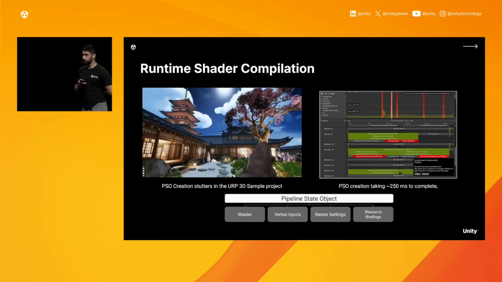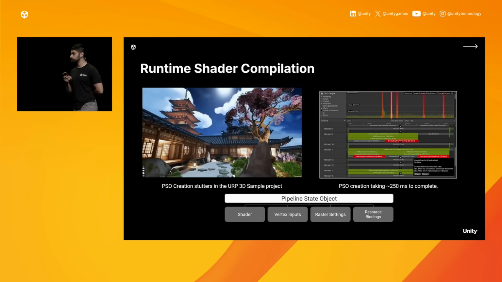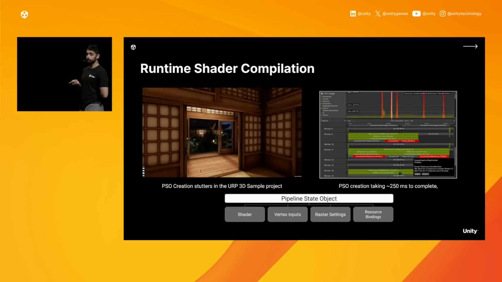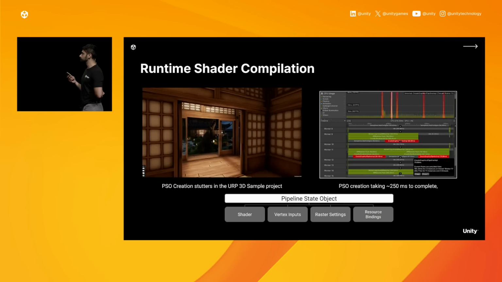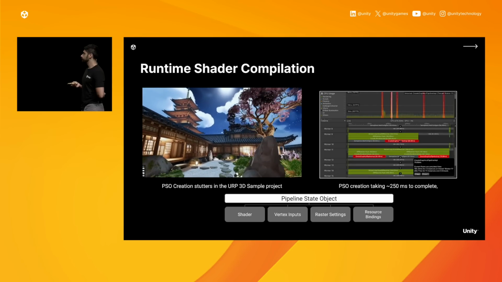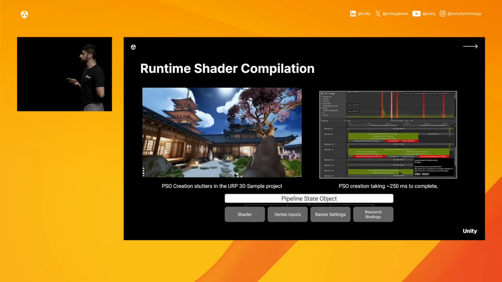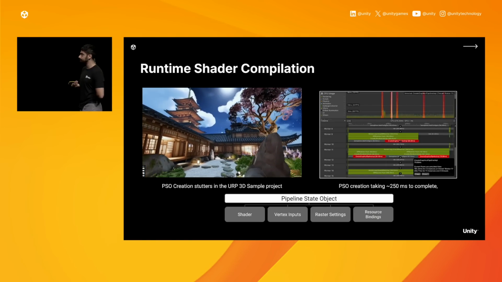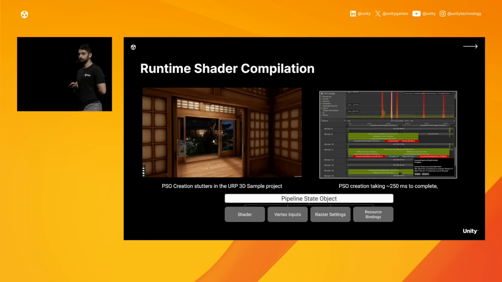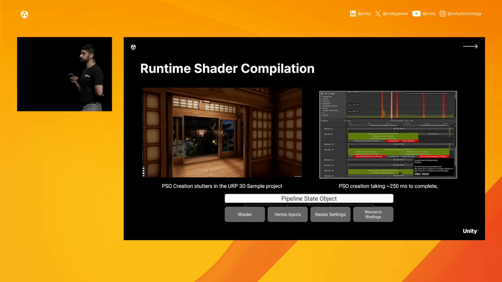Next up, we'll discuss another common cause for rendering bottlenecks, specifically stutters, and that is runtime shader compilation. This happens whenever we render new materials, shader variants, for the first time as we explore our scene. And traditionally, we address this using a function called shader warmup, which basically just pre-cooked or warmed all the shaders before loading the scene. But on modern graphics APIs, like Vulkan or DX12, runtime shader compilation happens as part of